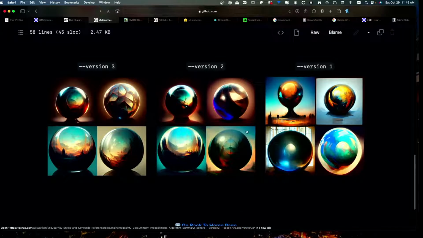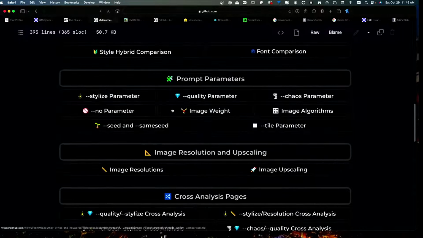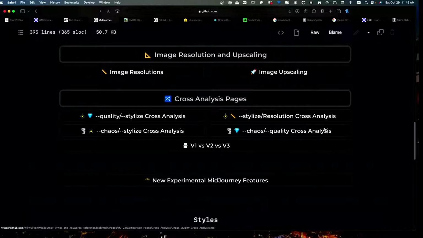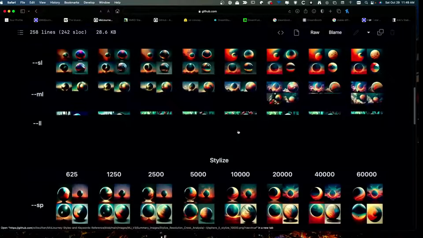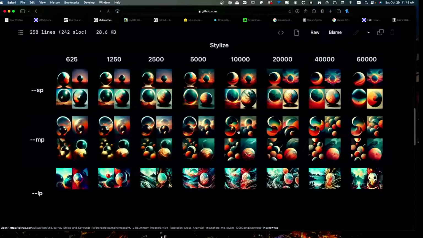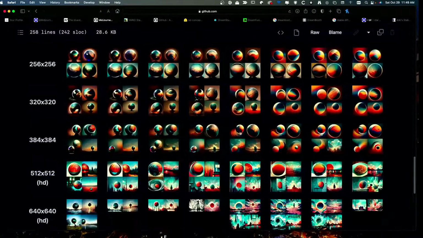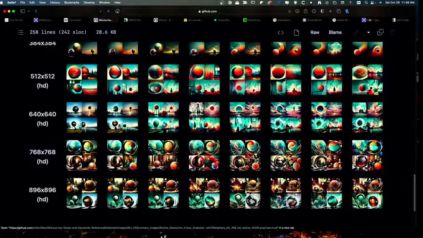If you're doing more abstract imagery, then you may not want to use version 3, because it may be too much detail for you. So go back to the home page, image resolutions, cross-analysis pages. Stylized resolution cross-analysis, okay. And so you can see here, there's just a ton of different visual representations that you can use to get an idea, at least, of where you think you want to go